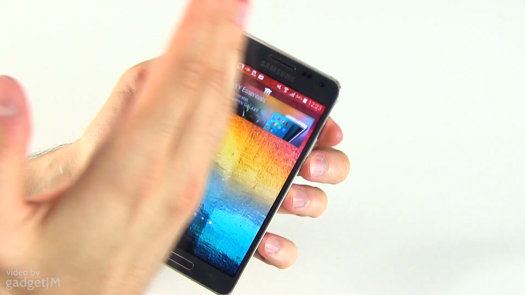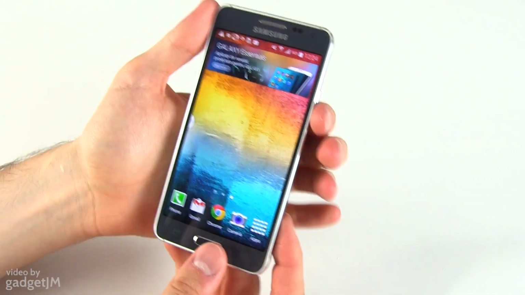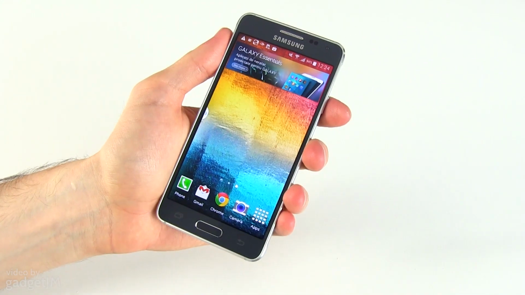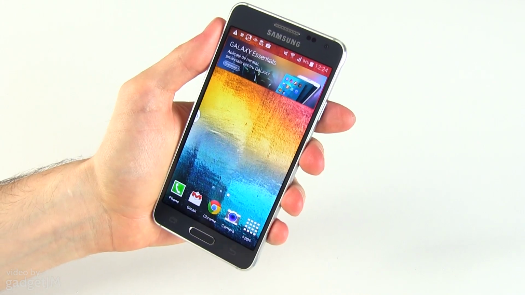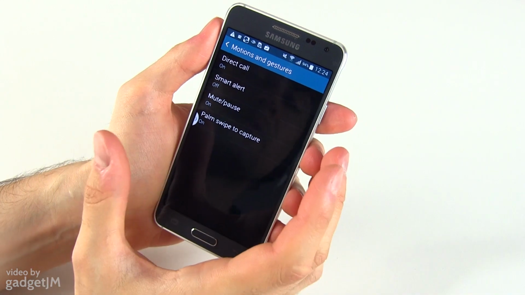I haven't been able to master this. Maybe you can do it better. So I find it easier to just use the buttons. Back to those motion gestures, if you're not going to use them, there are a couple of them, like this